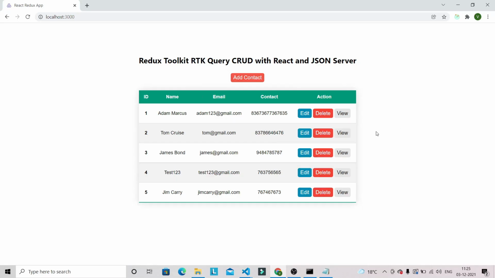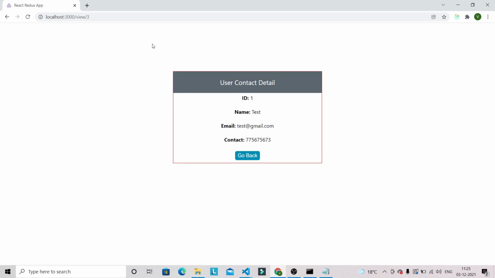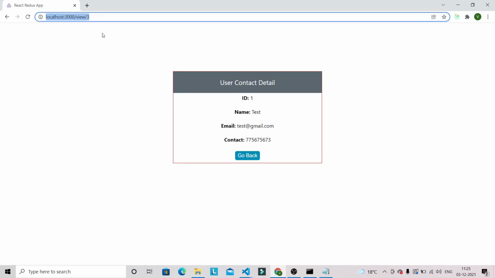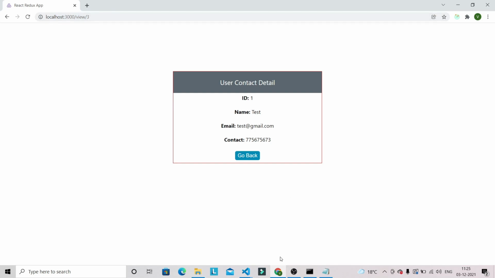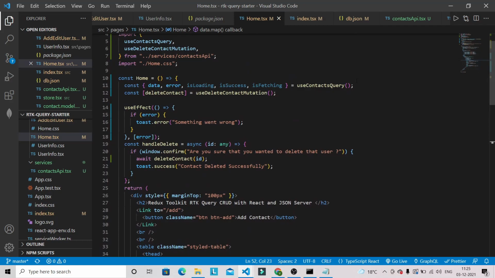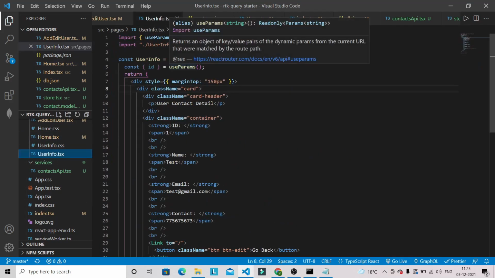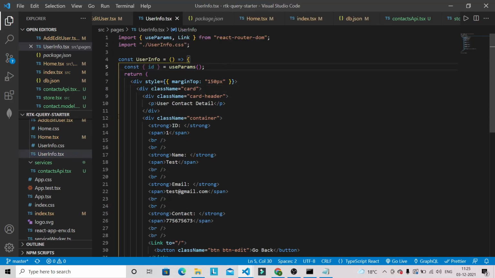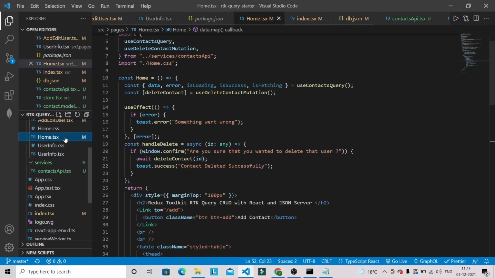So whenever the user clicks on this view button, it will get the id here. Okay, so we are basically getting this id with the help of use params. Okay, so you can see that we have got this id here inside our user info with the help of use params. So first let's bring that query here.